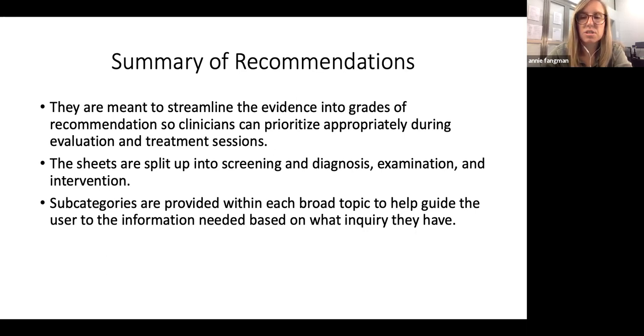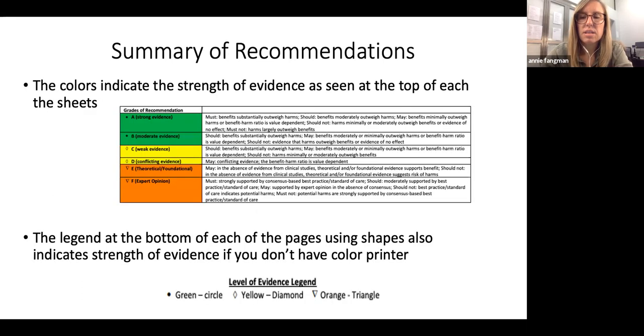and treatment sessions. These sheets are split up into screening and diagnosis, examination, and intervention. Subcategories are provided within each broad topic to help guide the user to the information needed based on what inquiry they have. The colors indicate the strength of evidence as seen at the top of each of the sheets. The legend at the bottom of each of the pages using shapes also indicate strength of evidence if you don't